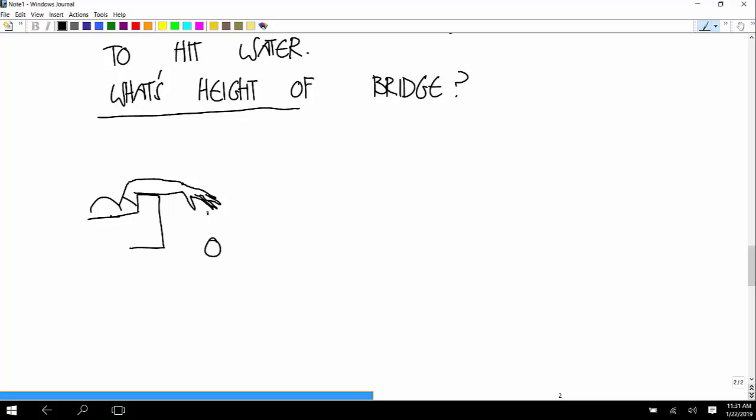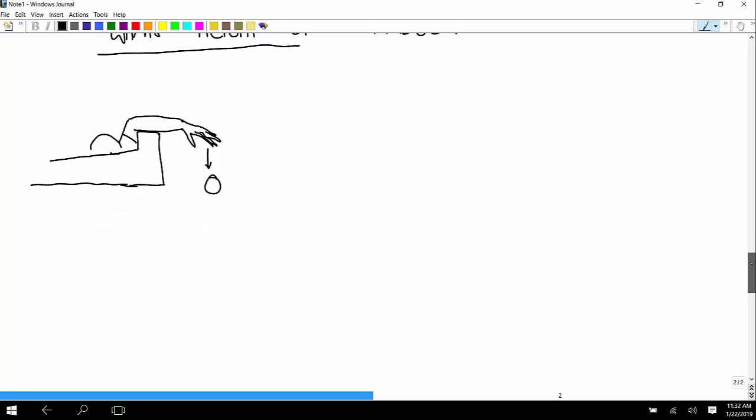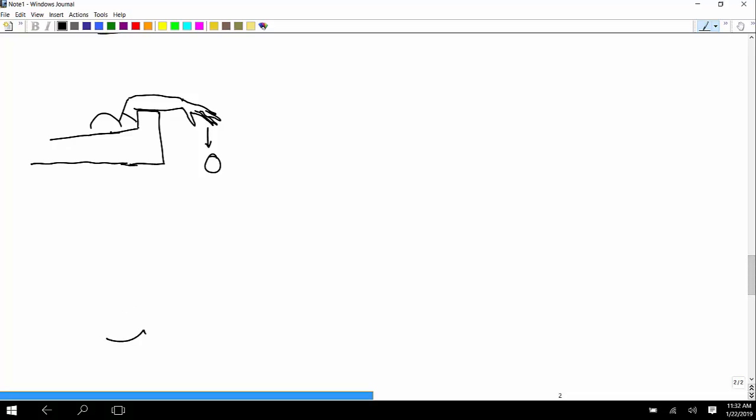So you drop this rock. Here's the water. Be sure there's not a boat under there. And now,